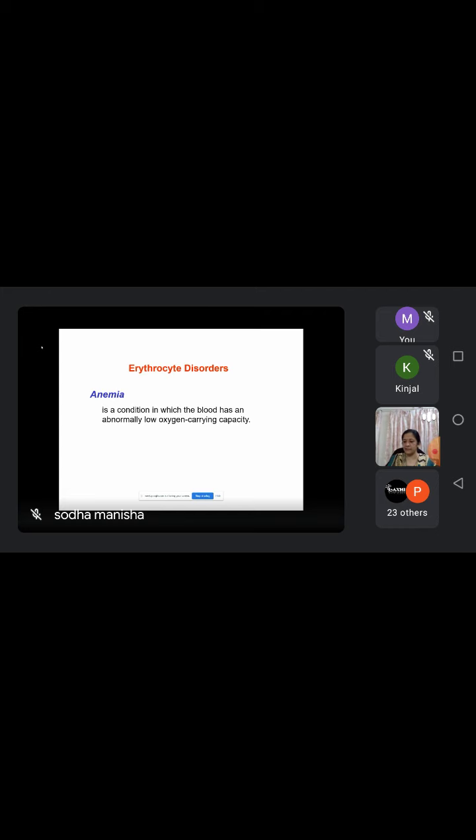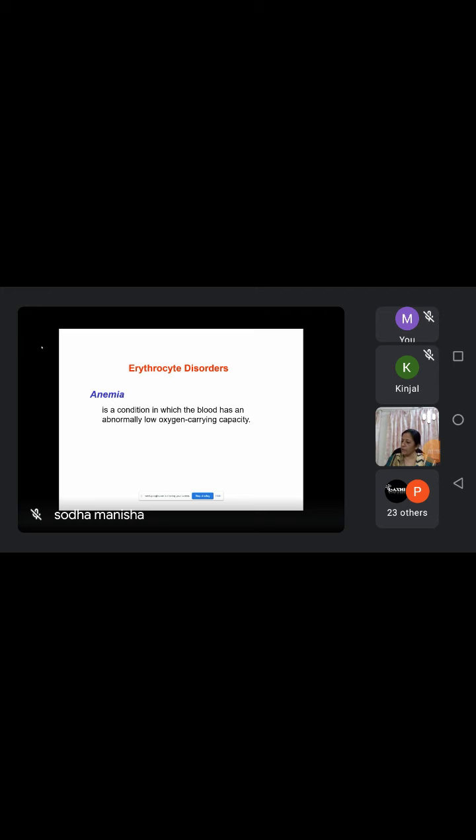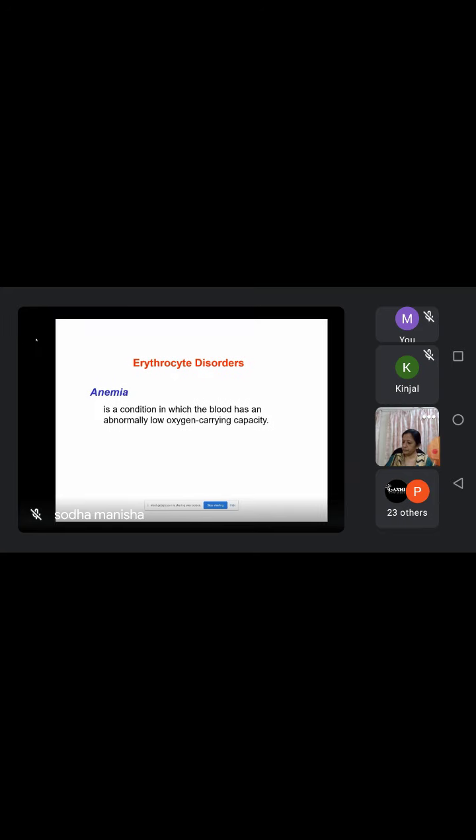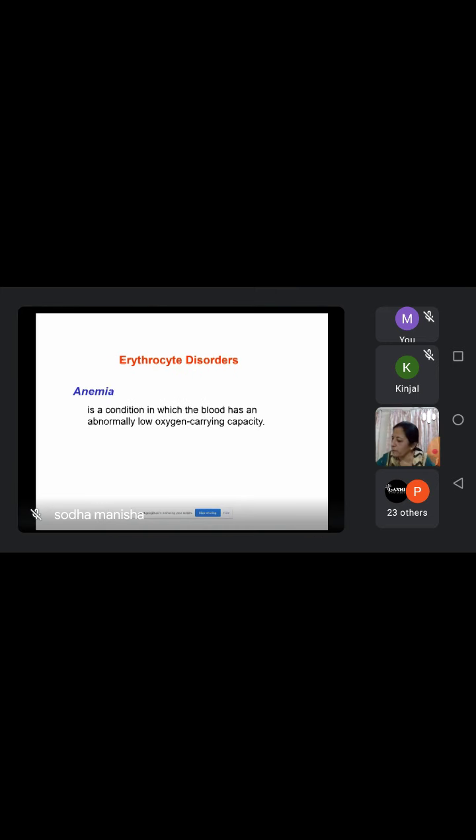Then we were discussing red blood cells: normal count of red blood cells, size, shape of red blood cells, properties of red blood cells, all that we have discussed. Functions of red blood cells, that also we have seen. We were also discussing hemoglobin. Okay, now we'll see the erythrocyte disorders, means disorders of red blood cells,